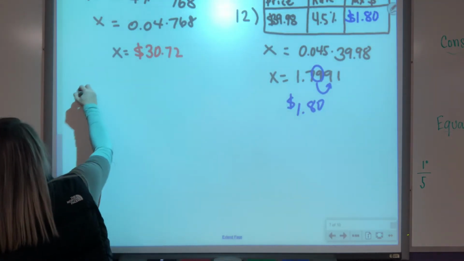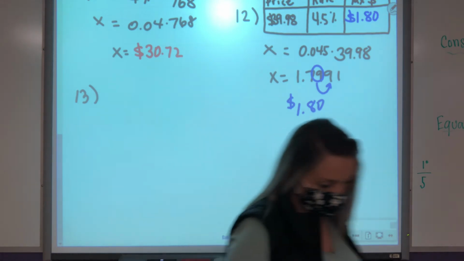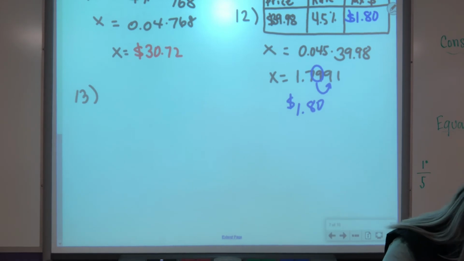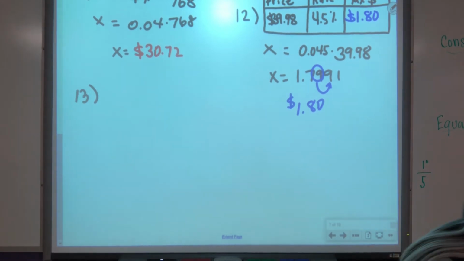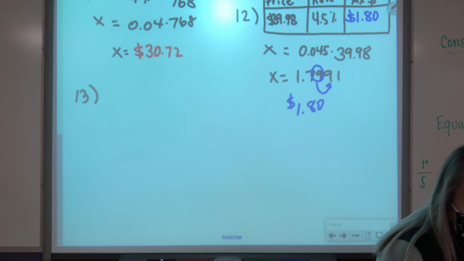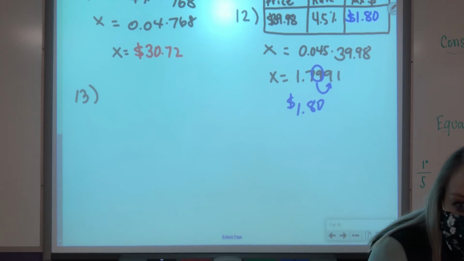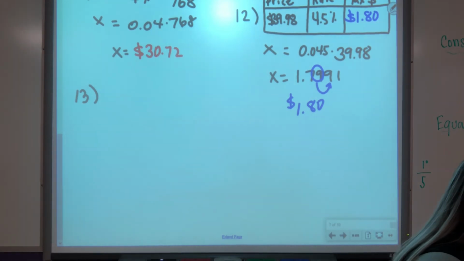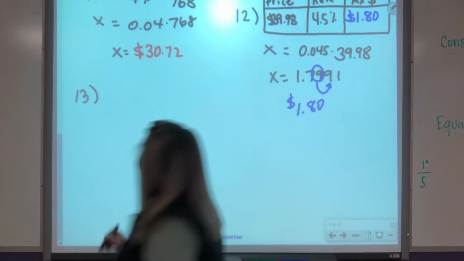All right, last one. Number 13, a restaurant automatically charges a 20% gratuity for a party that has 6 or more people. How much gratuity is added to a party of 6 on a bill of $141? What information do we not need in that problem? The party has 6 people, right? That has nothing to do with our problem other than the fact that we know we're going to get charged that 20% gratuity. Okay? So,